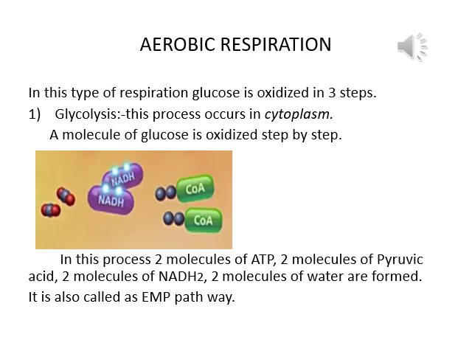This process was first discovered by three scientists: Gustav Embden, Otto Meyerhof, and Jacob Parnas. So from their names, the process of glycolysis is also known as the Embden-Meyerhof-Parnas pathway, or in short, the EMP pathway.